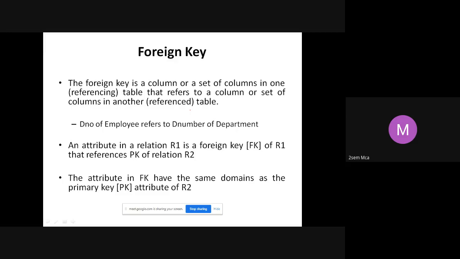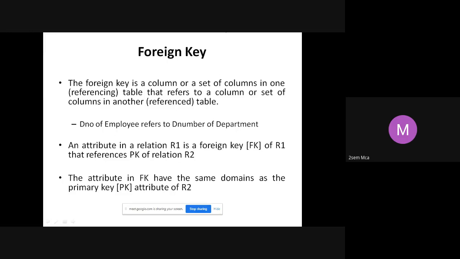Book and author, right? Author writes book. How did we relate book and author? Using author ID or book ID, both maybe. So book ID became a foreign key in author, and author ID became a foreign key in book. That's how you relate these two tables. I'm giving examples from the lab because we have done them now, so you will be able to relate to them fast. That's why you can take any example.